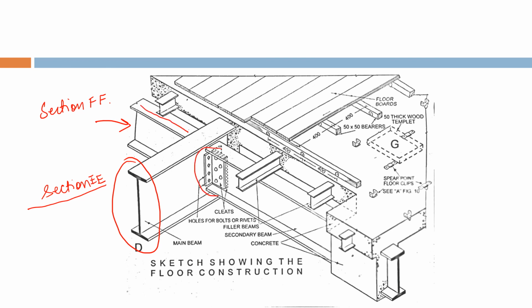It is fixed using cleats. So the view shows that the angle is placed like this. The beam is going through it, and there is another angle which is being placed like this, and it has been fixed using